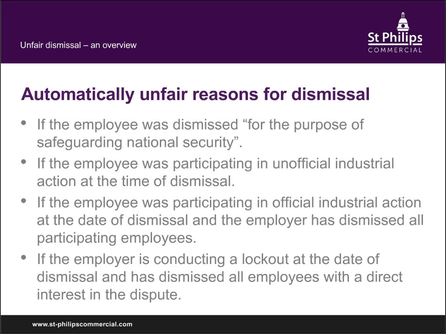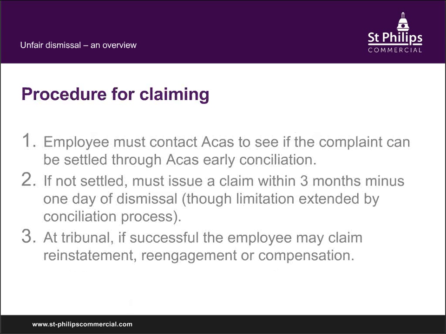The procedure for bringing an unfair dismissal claim. Employees who believe that they've been unfairly dismissed have to first contact ACAS to see if the complaint can be settled through the ACAS early conciliation process. This is a fairly new system. It's only come in this year, and in terms of unfair dismissal, employees have to engage with the process. They cannot apply to the tribunal without their certificate from ACAS Early Conciliation, and if they try to, then the first response that you would give as employer is that the tribunal simply doesn't have jurisdiction to deal with the claim. If the case isn't settled through early conciliation, the employee's got 3 months minus 1 day